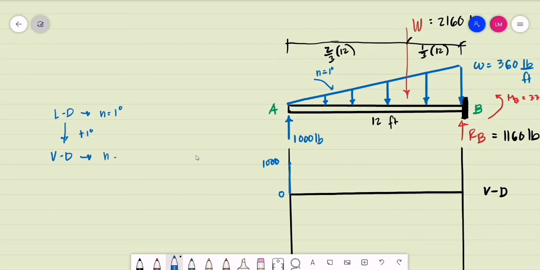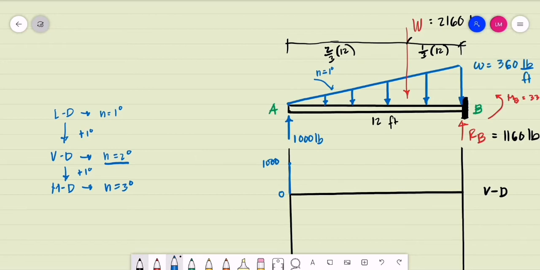So the degree of the shear diagram should be second degree, which means it is a curve. Then again, as we go down, if we proceed to the moment diagram, we increase the degree by 1 degree. So the degree of the moment diagram should be third degree. Starting at second degree for the shear diagram, that is a curve